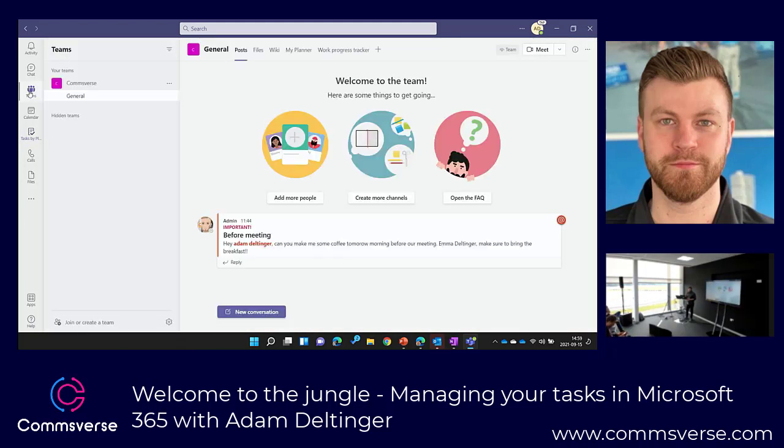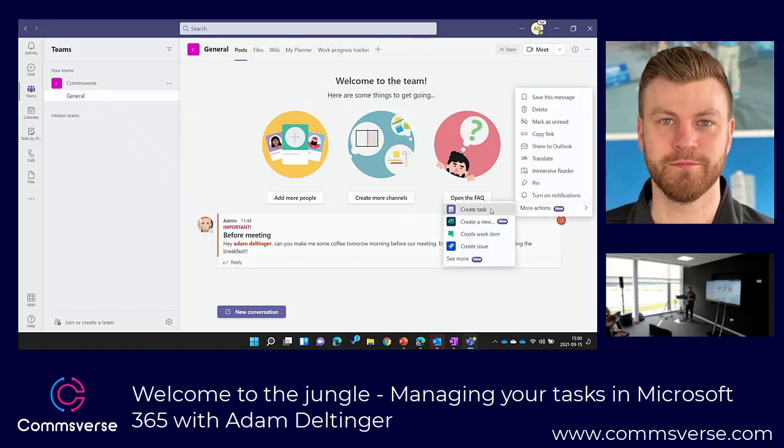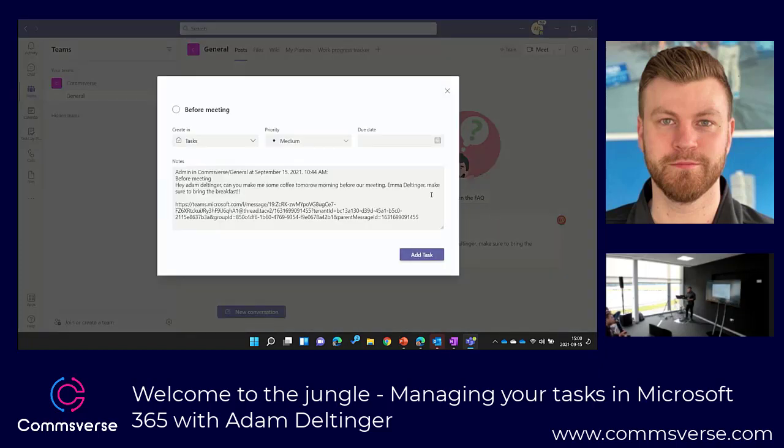Real quick here also, if I go into a Teams channel and see a conversation, you can actually also make a task out of a message or a chat. So go to a message in your team, click the ellipsis on the message itself, more actions, and create a task. And from here, you can see you can create it in Tasks. That is Microsoft To Do. And you can also choose any other to-do lists you have as well.